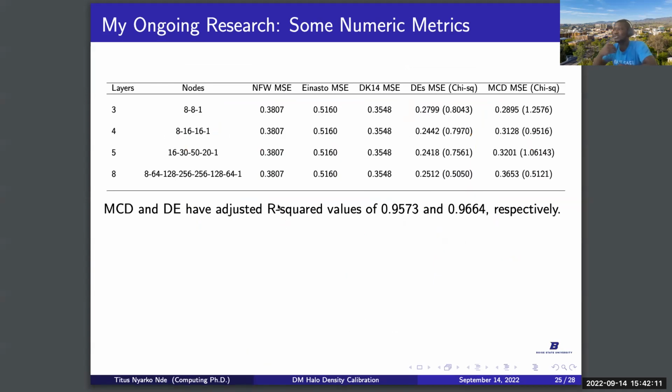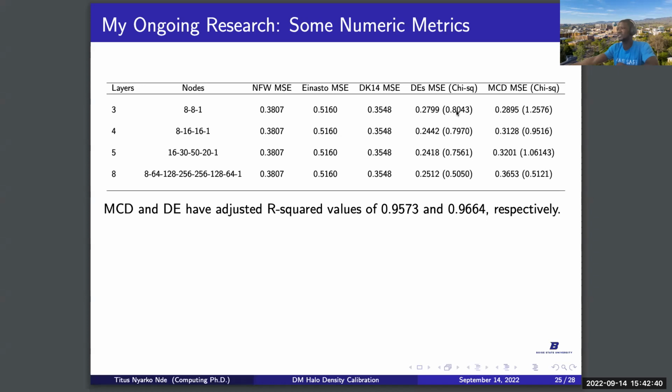Yeah, so these are some results. Of course, this is just the various neural network architectures that we considered. And for the analytic density profile, the MSE remains the same no matter what. But the problem is we actually have this other measure we call the chi-square measure that we use to determine whether our error bars are realistic, as to whether the error bars are too big, too small, or just okay.